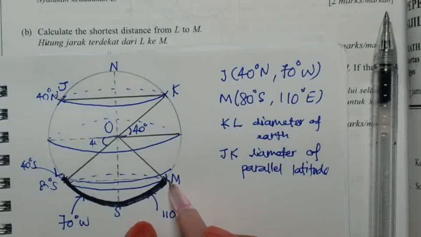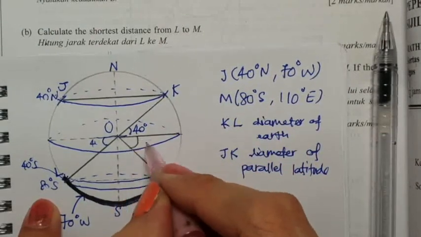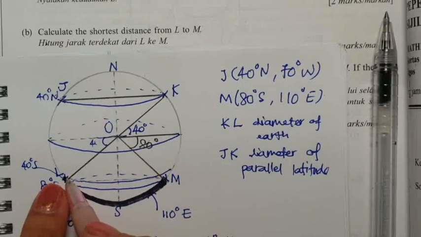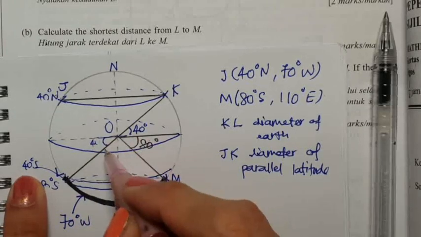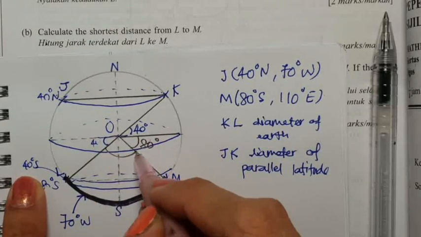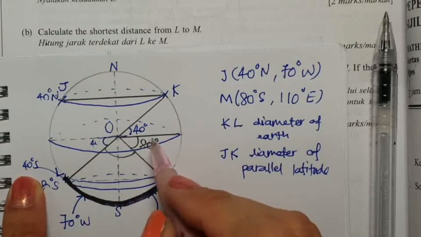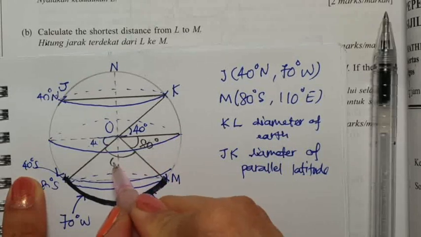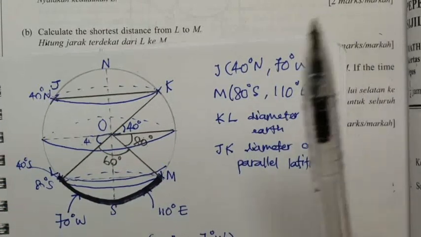Now M is 80 degrees south. Therefore, this one is 80 degrees. And from L, the latitude of L is 40 degrees south. So this is 40, and the angle between this arc will be 180 minus 80 minus 40. So we will have 60 over here. Therefore, the shortest distance between L and M